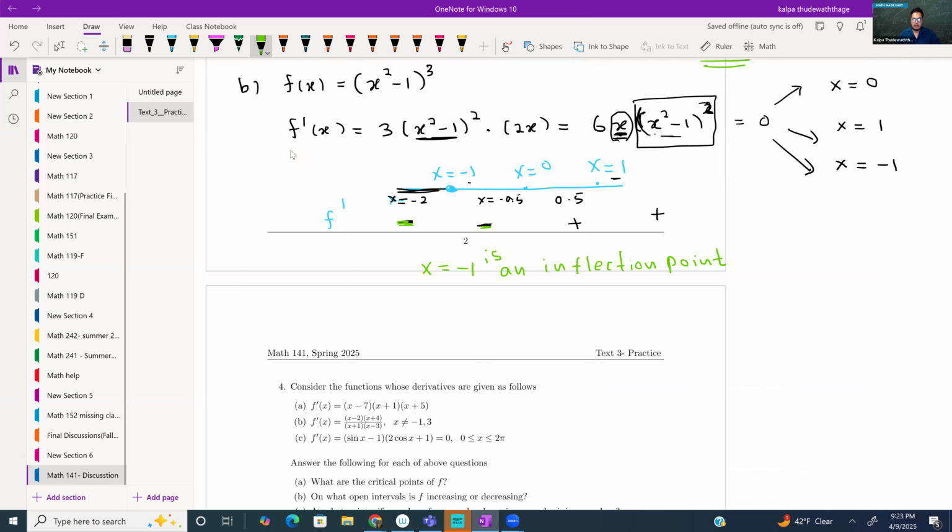At less than 1 and greater than 1, no sign change. So I can say at x equal 1 is also an inflection. What happened at 0? It's decreasing and starts to increase. So x equals 0 is a local